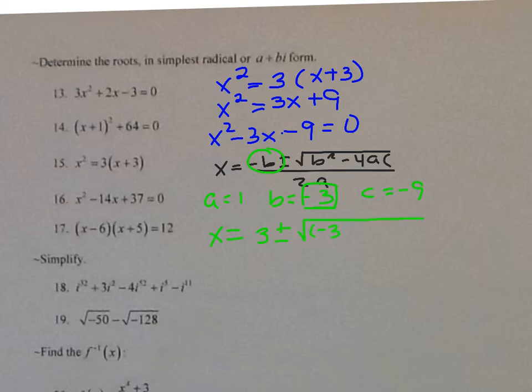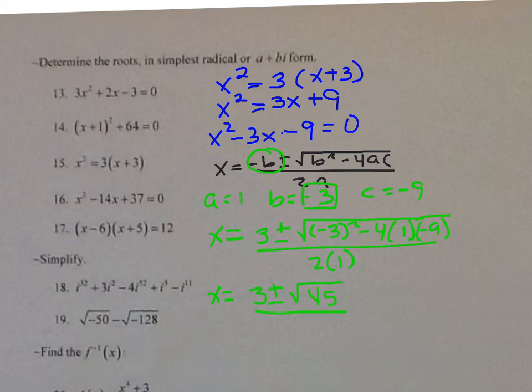So we have negative 3 squared minus 4 times a, which is 1, times c, which is negative 9, over 2 times 1. Again, plug in what's under the square root. So we have 3 plus minus. When I plug in what's underneath the square root symbol, we get 45